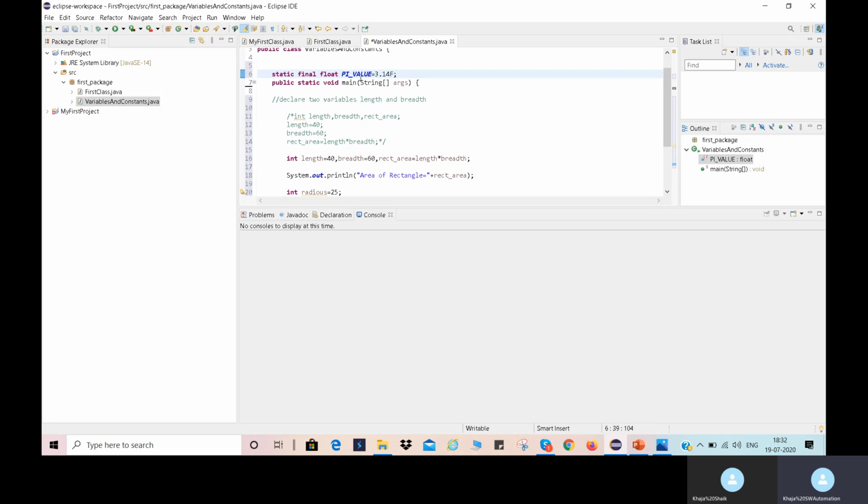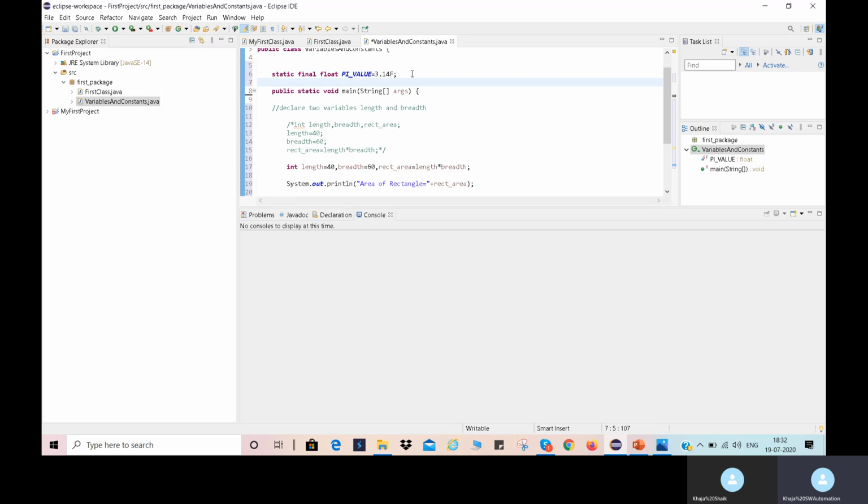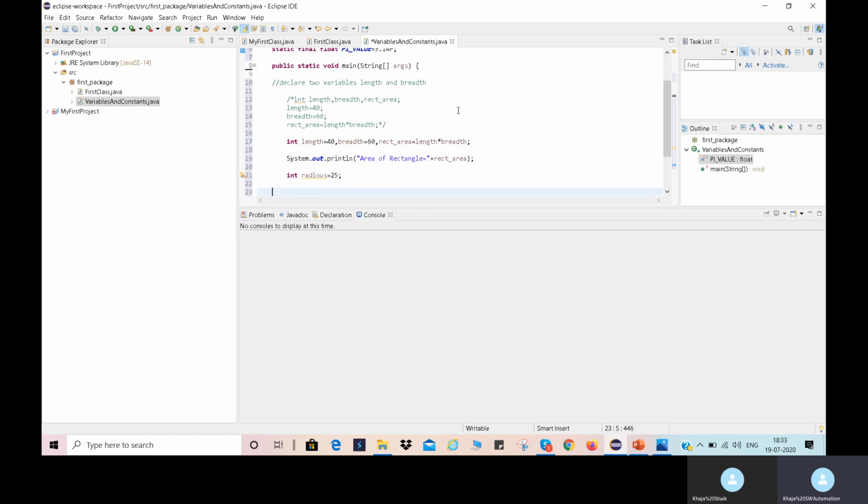See, pi value we are going to use. This is a constant now. So a constant will be declared on top of the function, so that it is not going to change, right? If we are using multiple functions, it should be available for all the functions. That's why we are keeping it like this. Let us suppose if this value is going to be used across different classes, then it will be declared as public also. As of now I am not using that concept. If we enter into the classes concept, at that time we can use public. So I have declared one constant.